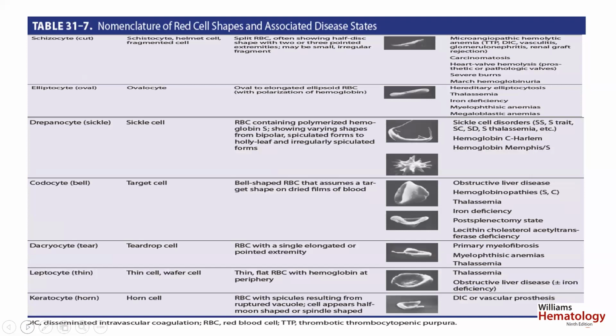Drepanocytes, or sickle cells, containing polymerized hemoglobin S, showing various shapes, can appear in sickle cell disease, hemoglobin C Harlem, and other hereditary problems. Leptocytes, represented by the target cell or Bayfair cell, which is a thin, flat erythrocyte with hemoglobin at the periphery, appear usually in the CBC in case of thalassemia or obstructive